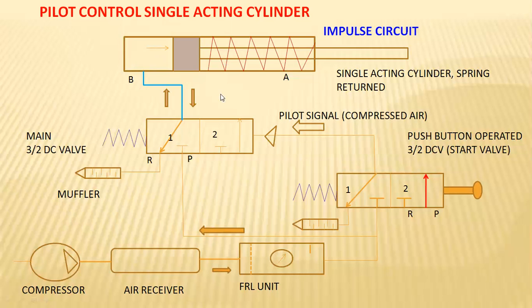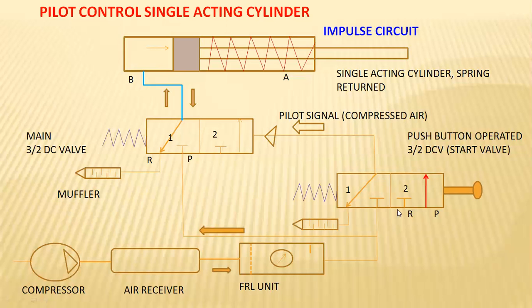And when the push button here has been turned off, the spring returns back into the first position, that is, the supply is cut off here. When there is no pilot operation in the main DCV, the second position is cut off and it comes into the first position. So the first position is nothing but this connecting towards the reverse direction, nothing but the return direction. So return direction in the sense, the already entered pressurized air will be releasing towards the atmosphere.